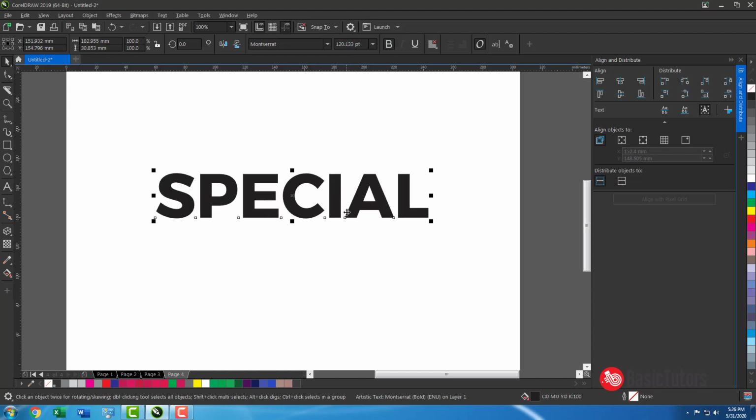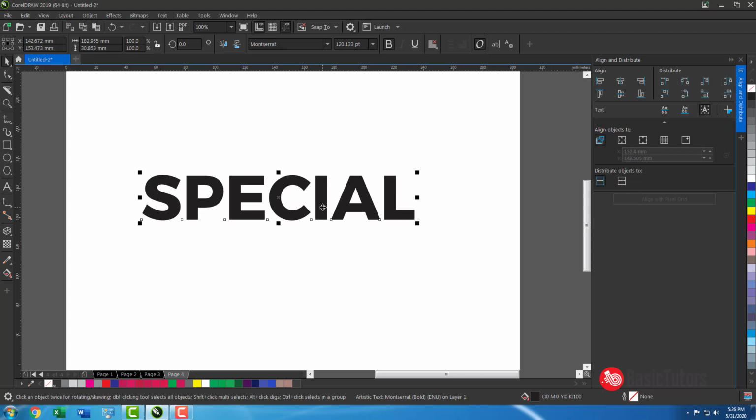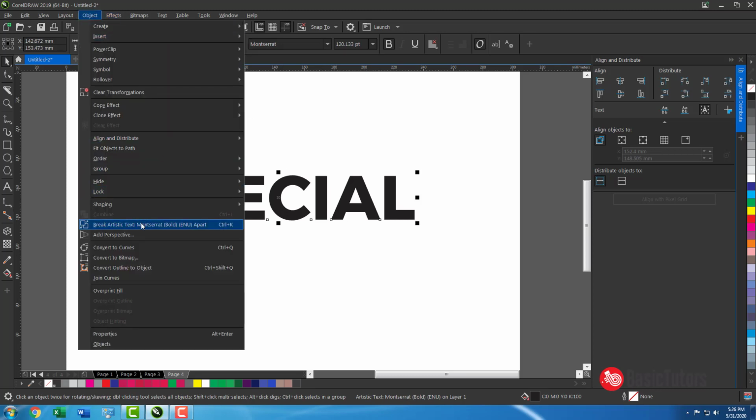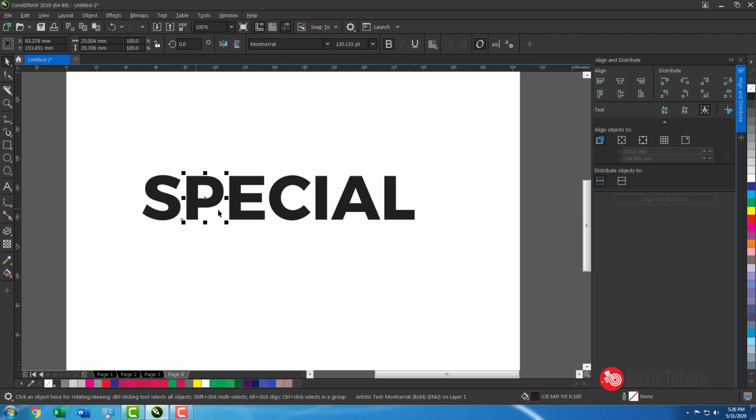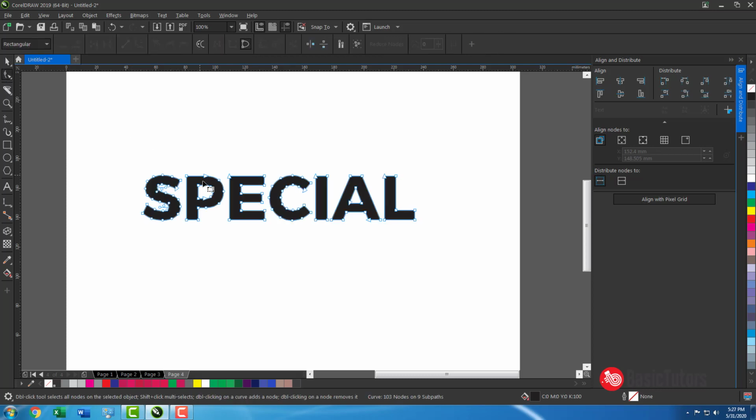Now we type some text. If you use break apart, what will happen? Every individual character will get broken apart. Suppose after convert to curves, you can make this text a shape, so you can do shaping things like this.